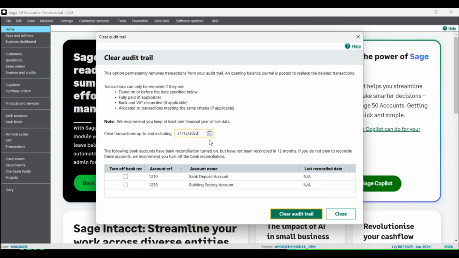I'm going to go to 2023 actually, because my date, remember, was the 1st of January 2024. So I'm allowed to clear up until the 31st of December 2023, up to and including. So once you've picked your date and you're happy with it,